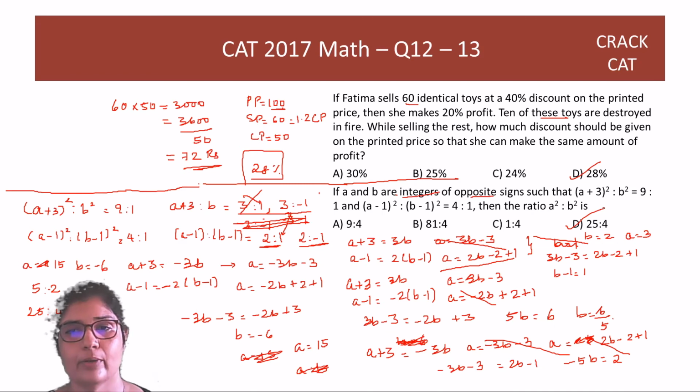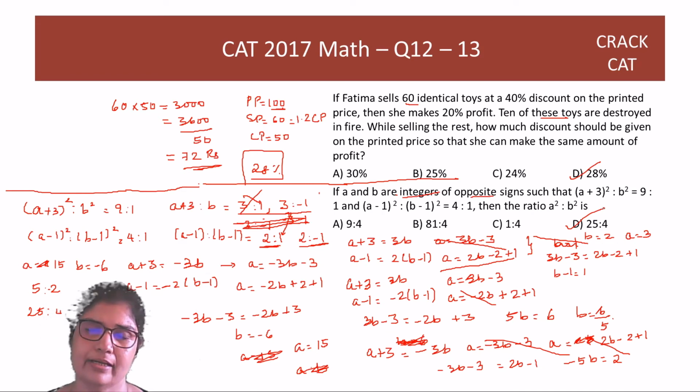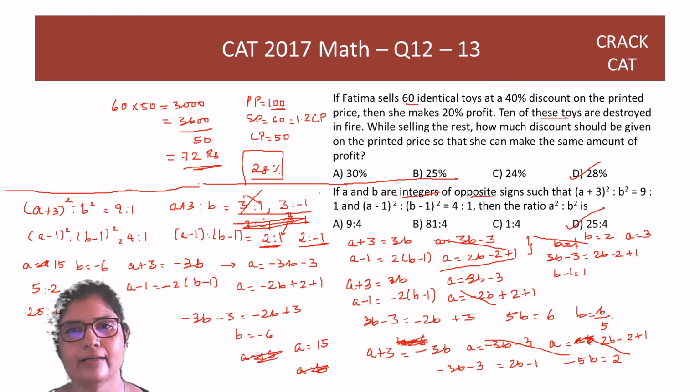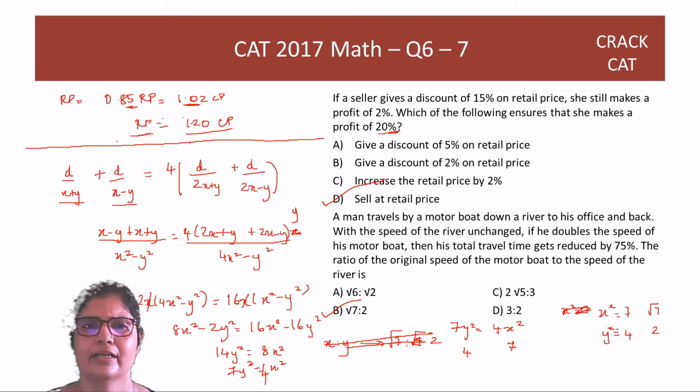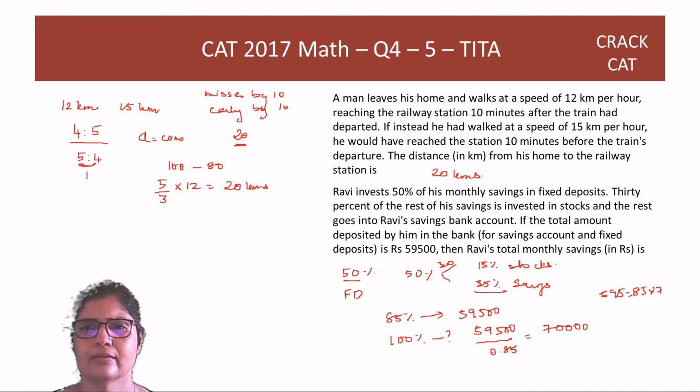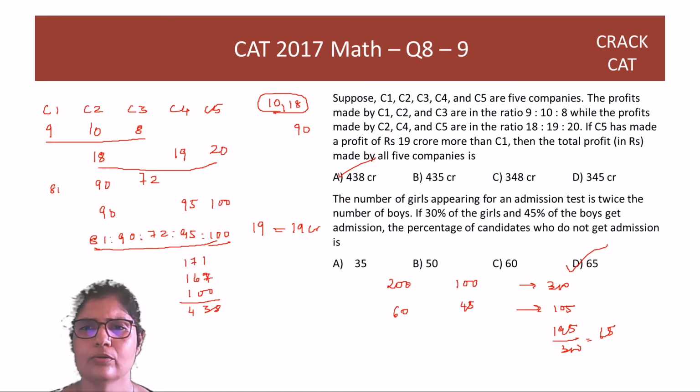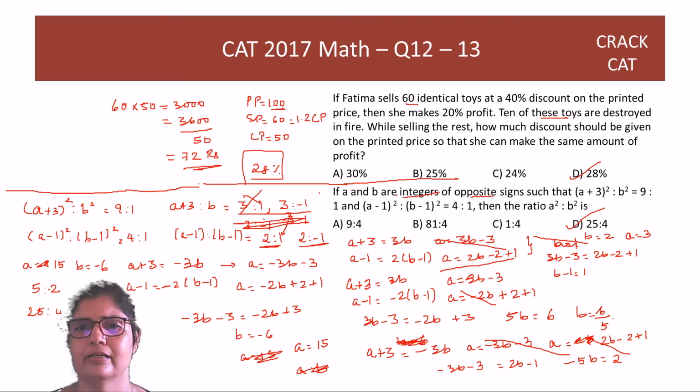The question is simple, the method of solving is also simple, but there are equations and you have to look at 4 possibilities. If you just see how much time I took to solve this question, with the writing and everything, you will realize that instead of solving this question, it is better to solve 3-4 other questions. Look at the earlier question, the 60 identical toys one. That was so peaceful. If you see the kind of work we have done for the others, we have hardly written anything. This one had a little more, but this also was not so bad. So we should avoid this question definitely.